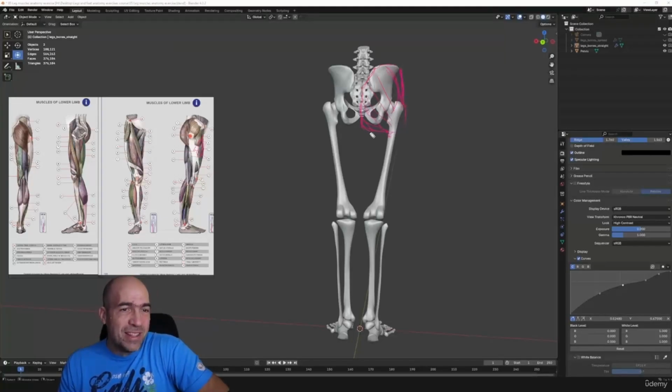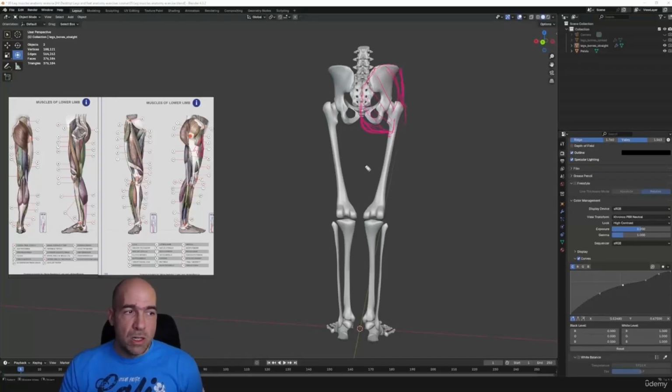Okay, let's go with something else. We continued with the glutes. We have made the fat here, and now we have to go with our hamstrings. The hamstrings usually start from the inner portion of the pelvis and go down. The outer hamstrings, the biceps femoris and the other one, are connected to the fibula here, so they're making something like this. The inner portion of the hamstrings are connected to the tibia a little bit more in the front, so they are making this bump here also